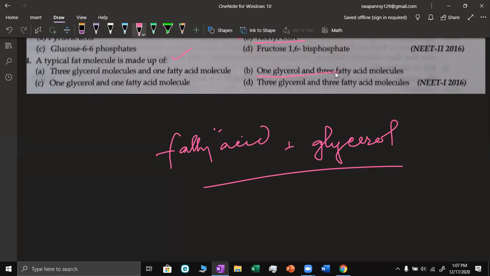One glycerol and 3 fatty acid molecules. This was asked. So okay, today